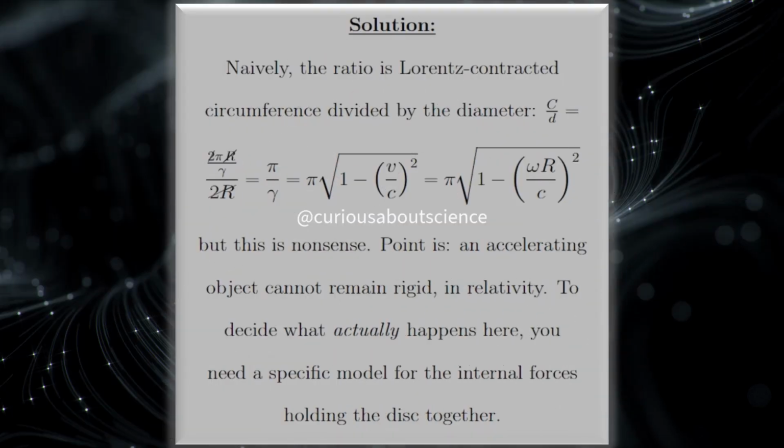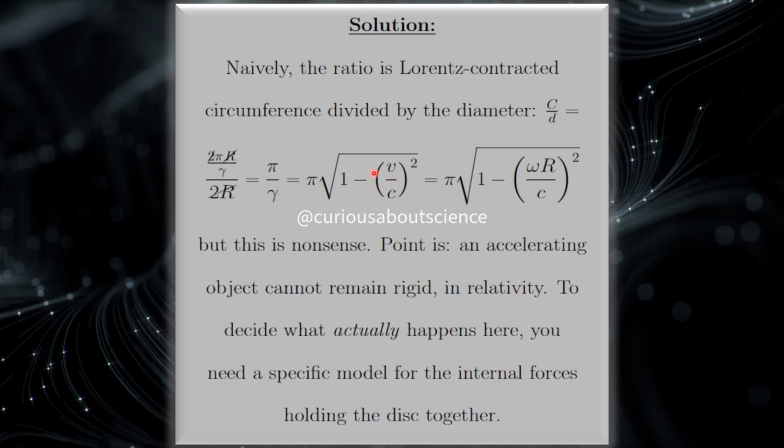All right, so naively, the ratio is the Lorentz contracted circumference divided by the diameter. When we do this, we see that the circumference is 2 pi r divided by gamma, because that's what we have to do for the moving object. The 2 r's cancel, and we're left with pi over gamma, so that just becomes pi times the